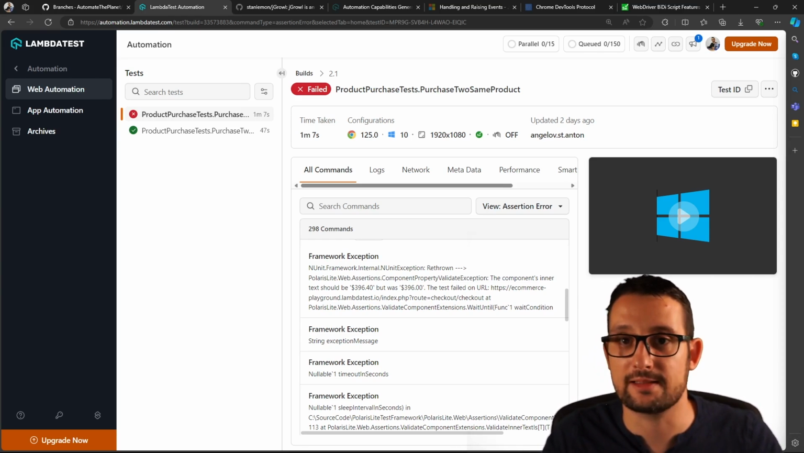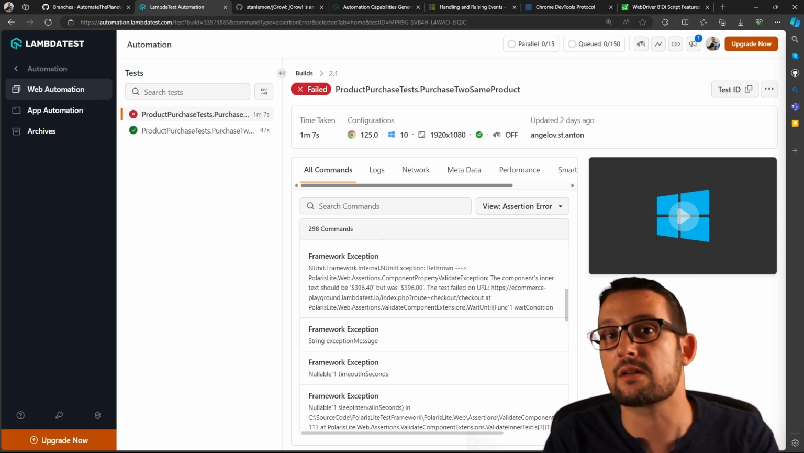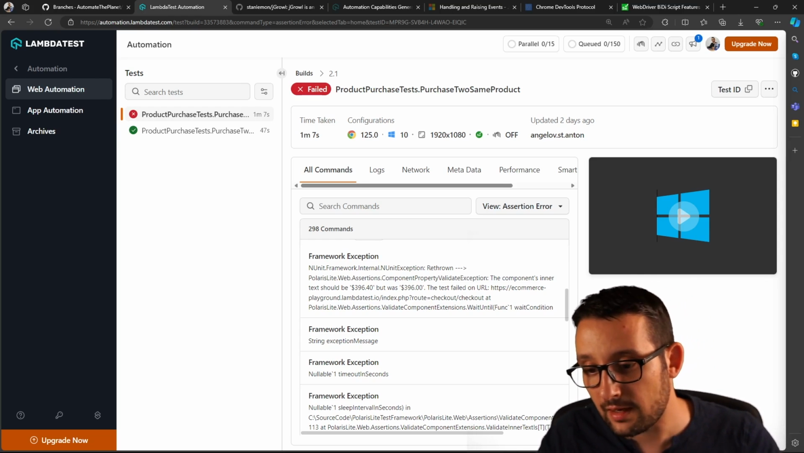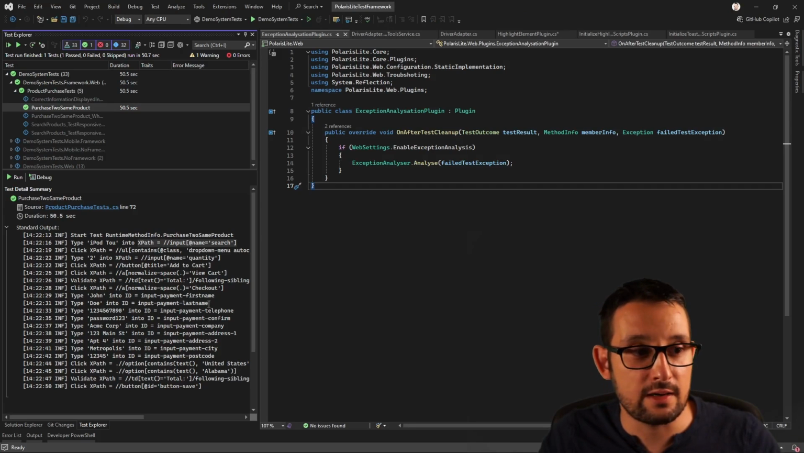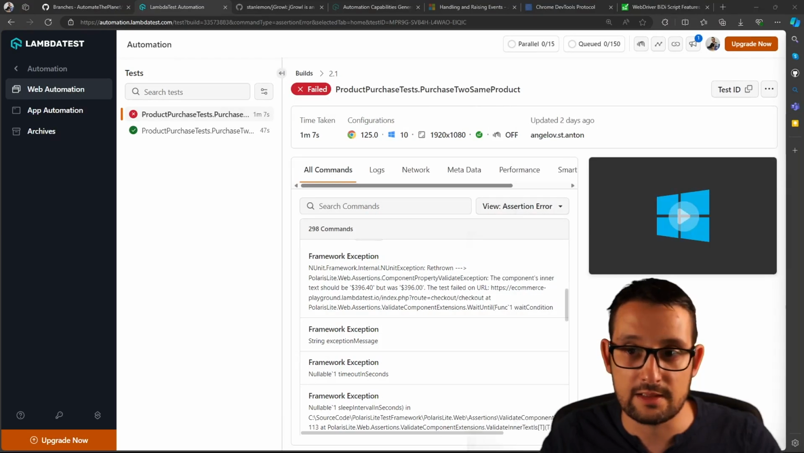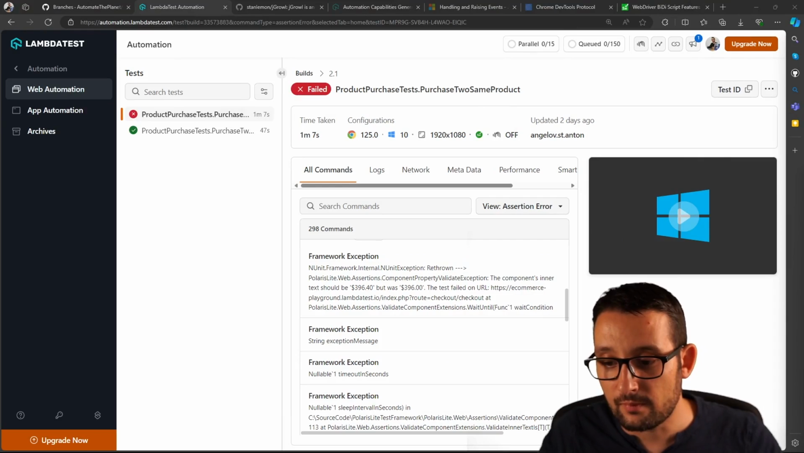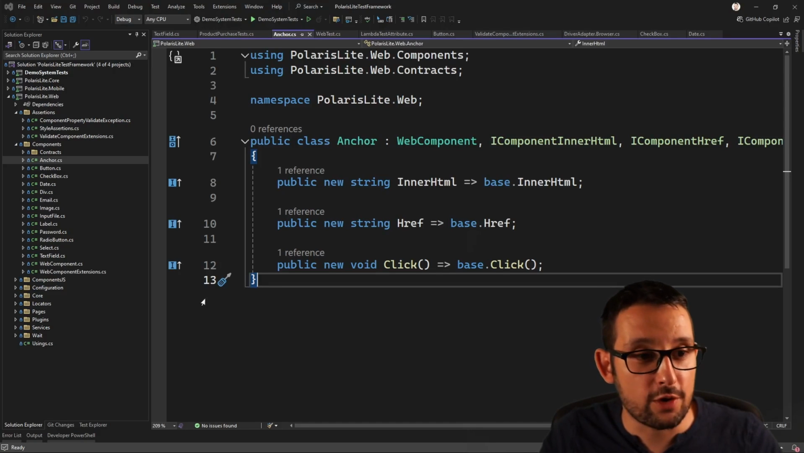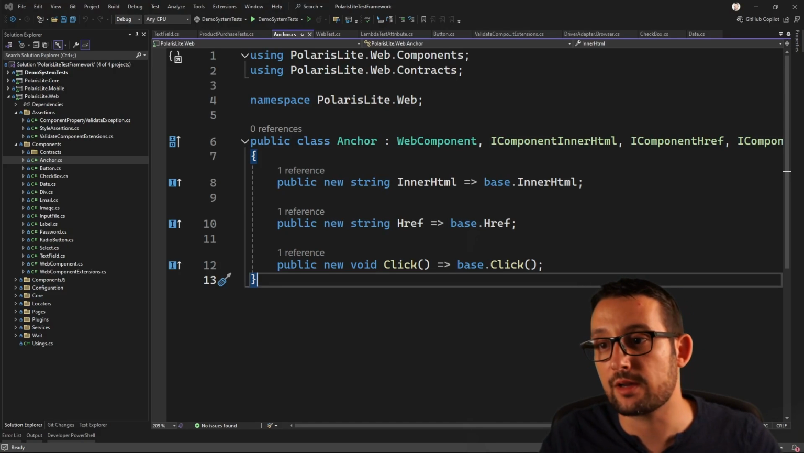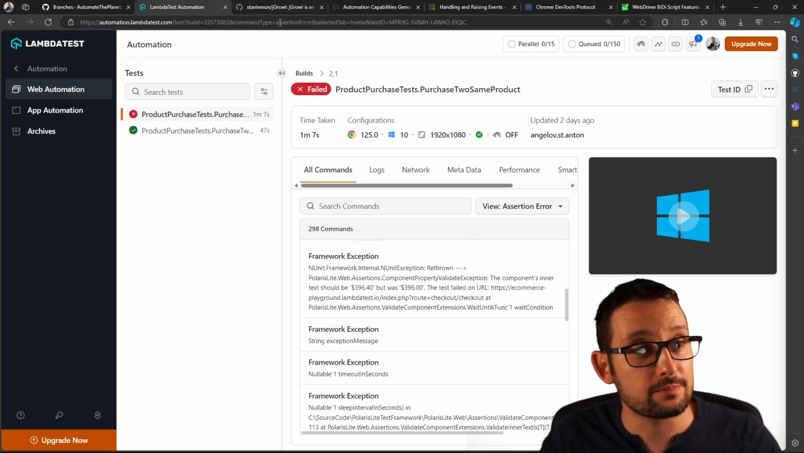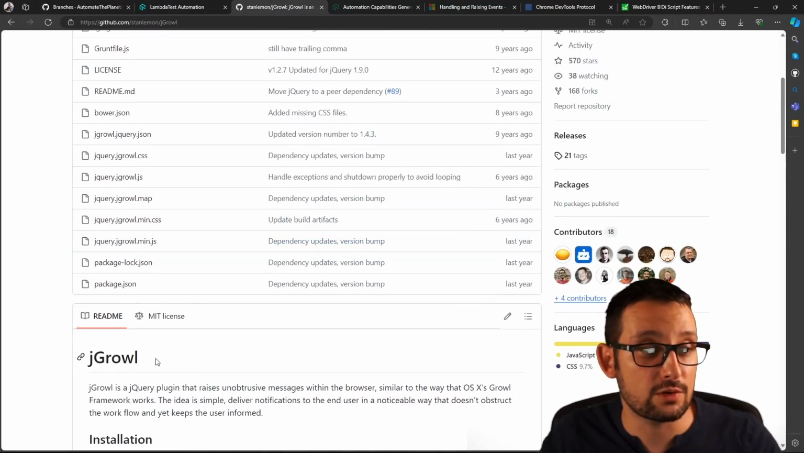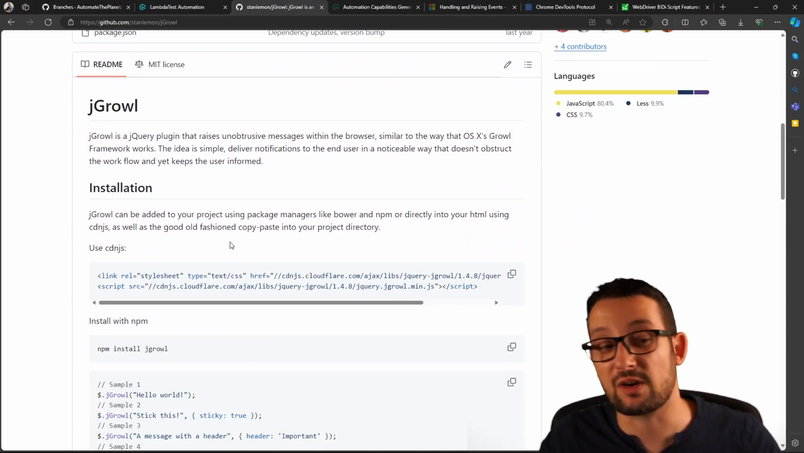Again, we're going to implement such a plugin, reusing the current design of the framework. Now let's begin, and let's see how we can support the BDD logging and the toast messages. For the toast messages, I'm going to use this library. It's called jGrowl. So we are going to use JavaScript, of course,